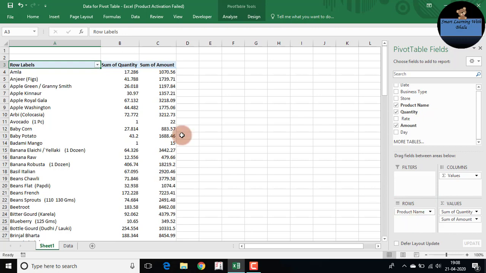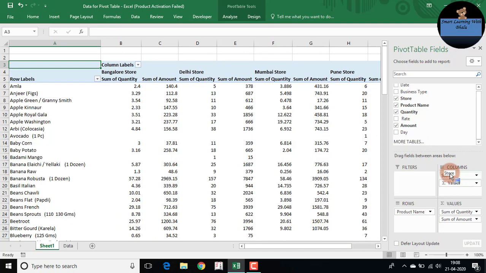Now I want a store, to see which store is doing well. So I'll take store and drag it into columns, because I want it horizontally.